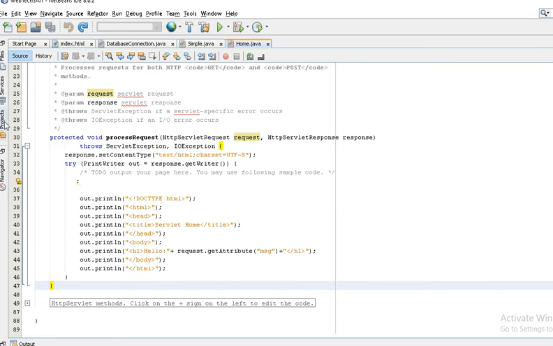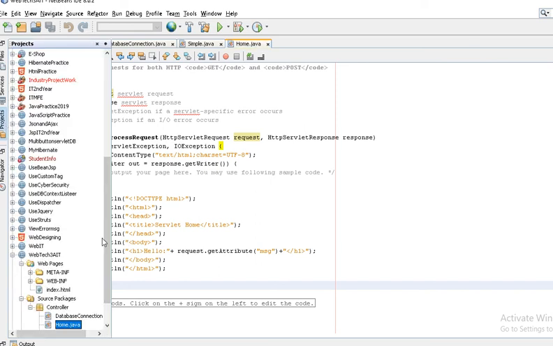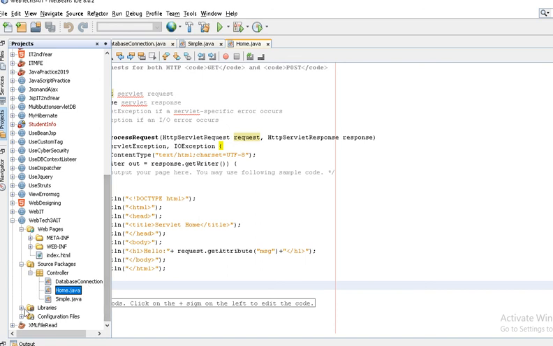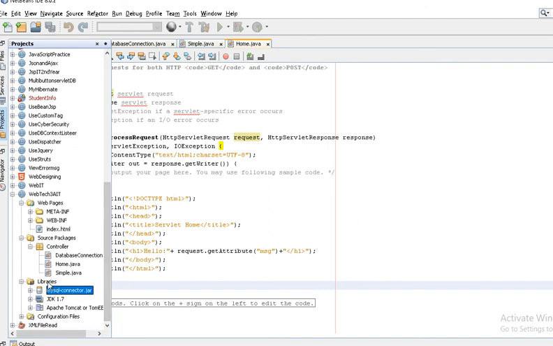Before doing it in NetBeans, you need to do some work. You need to add the MySQL connector in the library. Actually, these are some jar files, or you can say classes, that will help you connect your application with the database. So before developing this application, or if you want to connect your application with MySQL, you need to add some jar file, right?